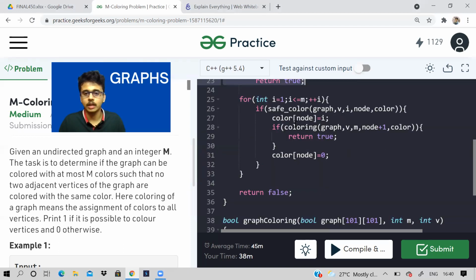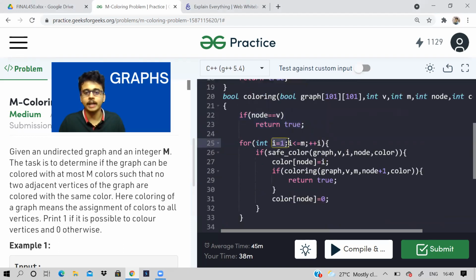We took a node and we checked for all the colors from i equal to 1 to m. Can we color or not? How to check? That is why I've written this safe color function. What is this safe color? What are the parameters?